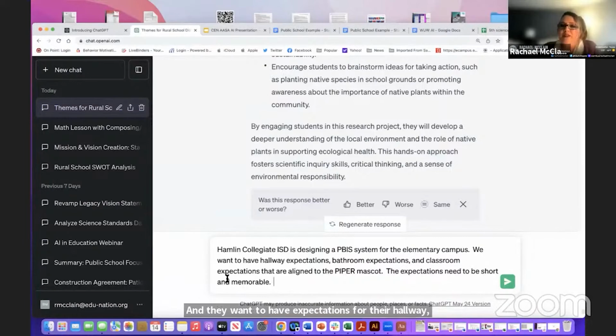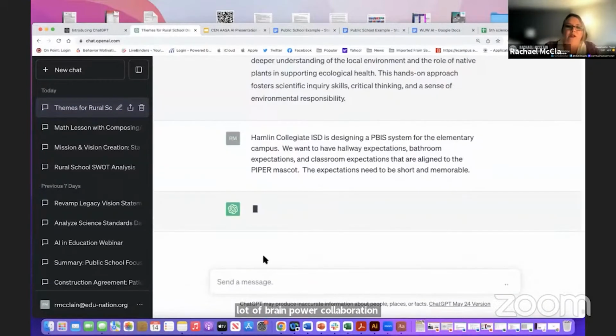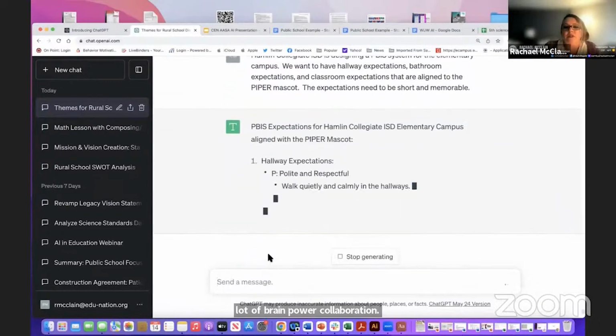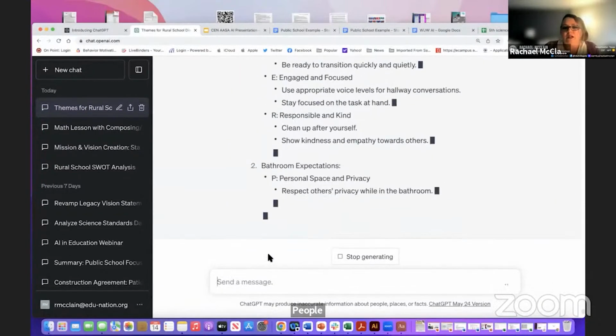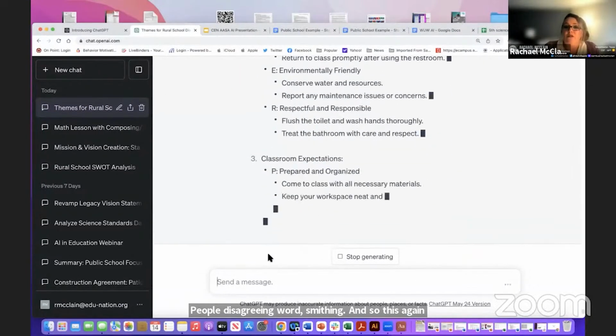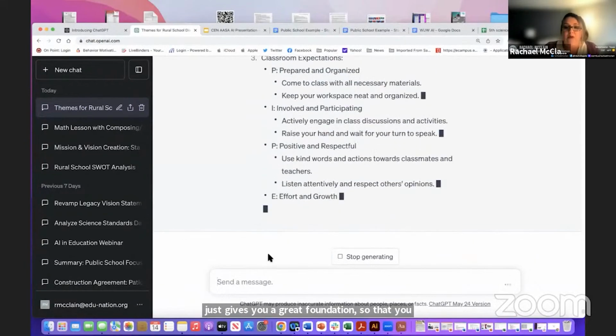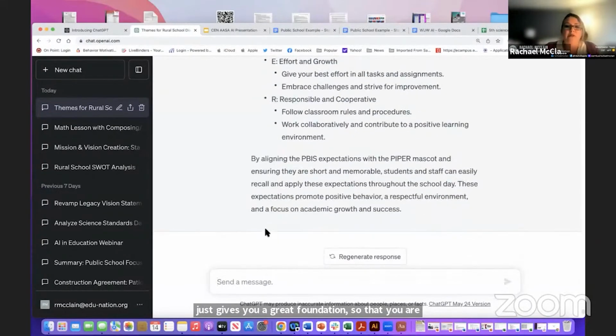In years past, this would take a lot of brain power, collaboration, people disagreeing, wordsmithing. And so this again just gives you a great foundation, so that you are not sitting there for maybe 2 hours trying to hash through what this would look like.